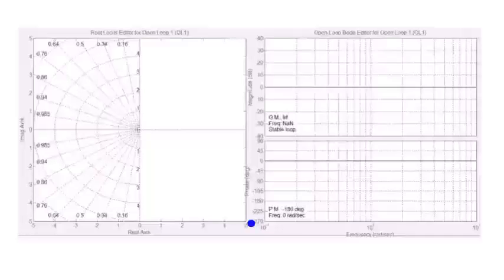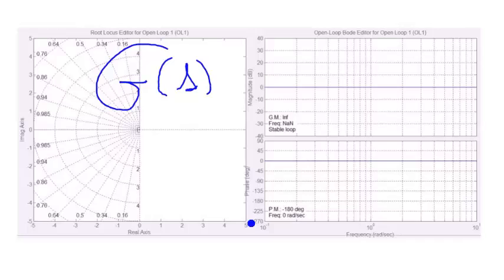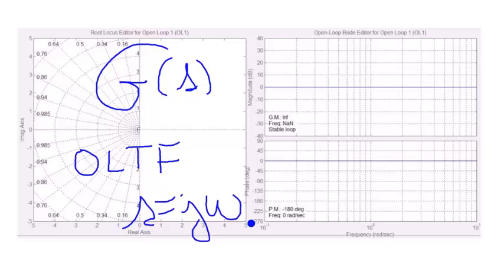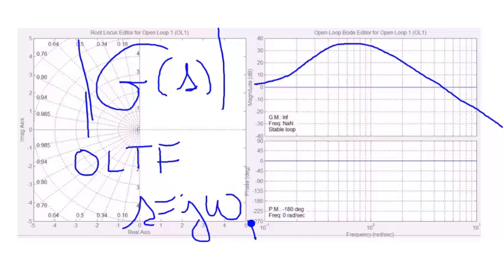This is an intro to the Bode plot of a transfer function, G(s), which is often taken to be the open loop transfer function from summer to summer. In other words, what's going to happen to the system when I close the loop on it is answered by the open loop Bode plot. So if I let s equals j omega and plot the resulting magnitude of G versus omega on a Bode plot, which has frequency on a log scale,